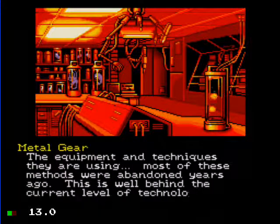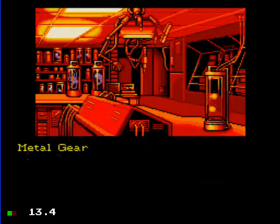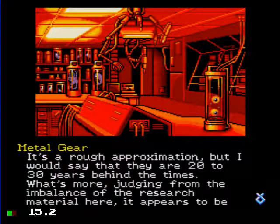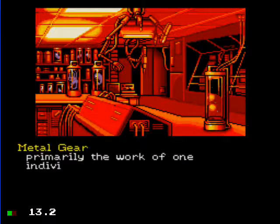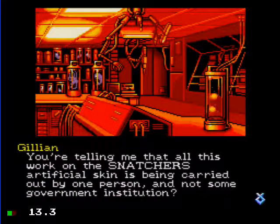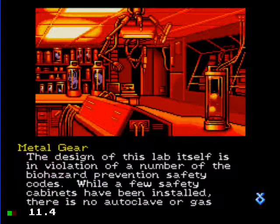The equipment and techniques they're using, most of these methods were abandoned years ago. This is well behind the current level of technology in most developed countries. My approximation is they are 20 to 30 years behind the times, and more. Judging from the imbalance of research material here, it appears to be primarily the work of an individual. You're telling me all this work on the Snatchers' artificial skin is being carried out by one person and not some government institution? The design of the lab itself is in violation of a number of the biohazard prevention safety codes,